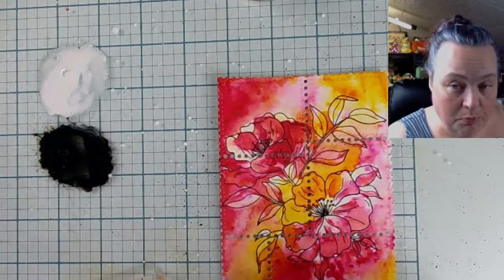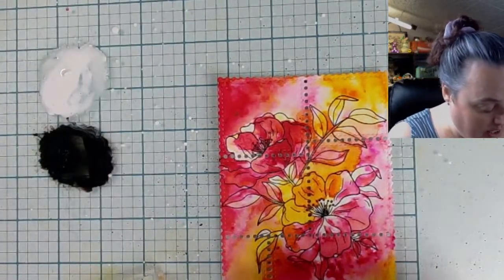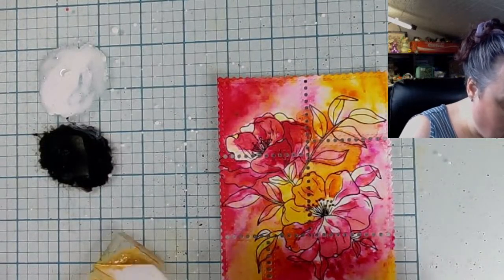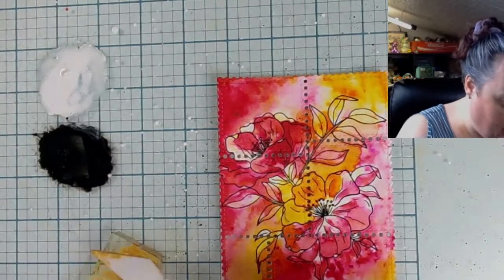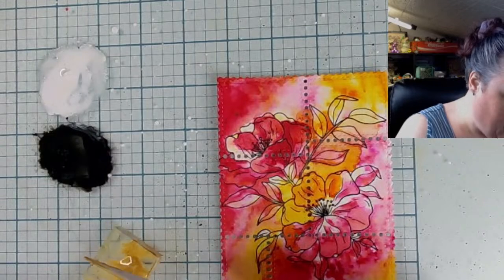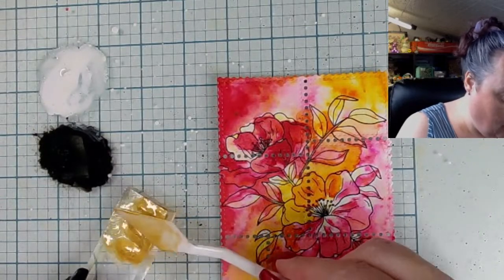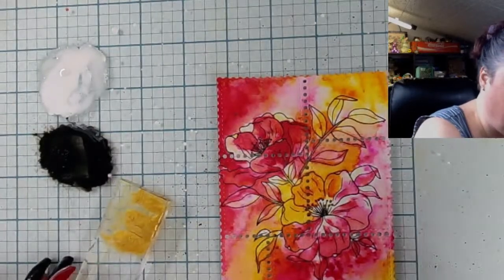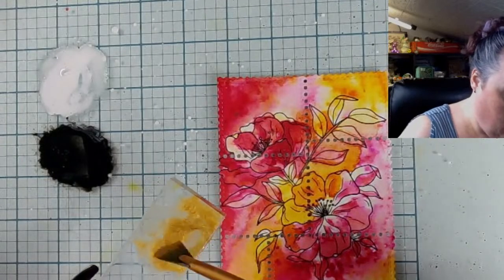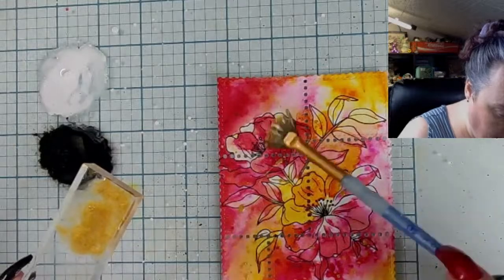You can either spritz for an all over coverage, or you can take the stick out and tap the stick and get some single droplets. So if you have mica sprays, you can use that. If you have lunar paste, you can water it down. I mean, you can do all the things, right? So this is going to be a little bit different because